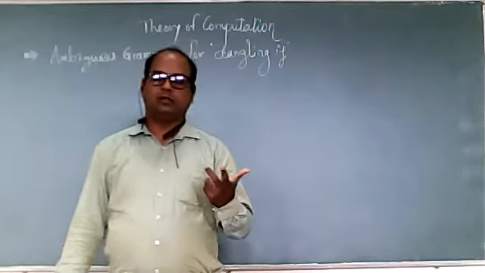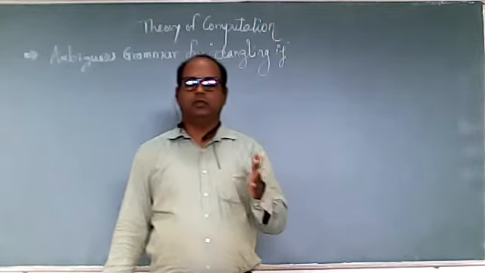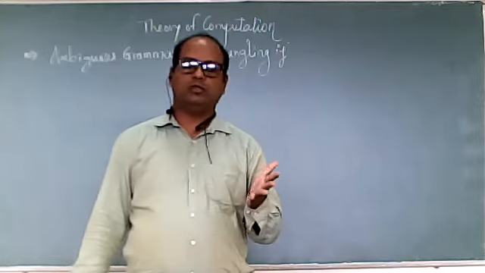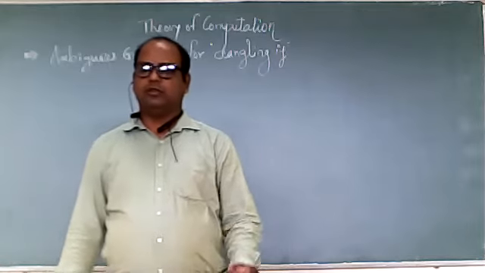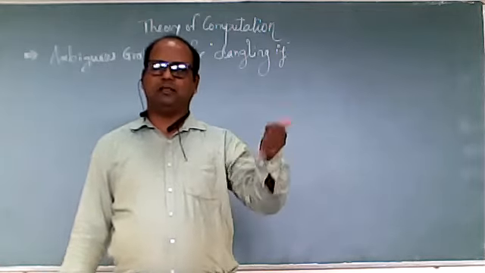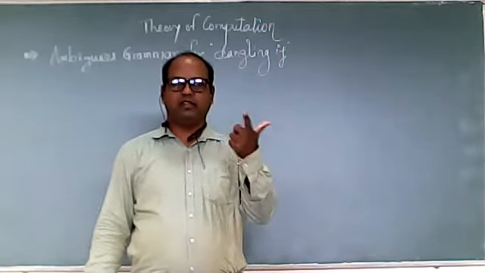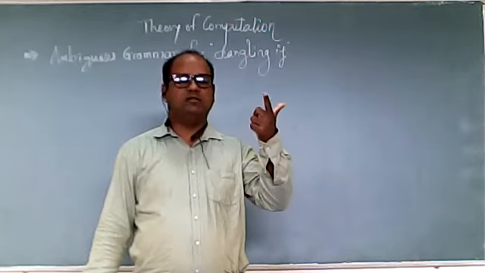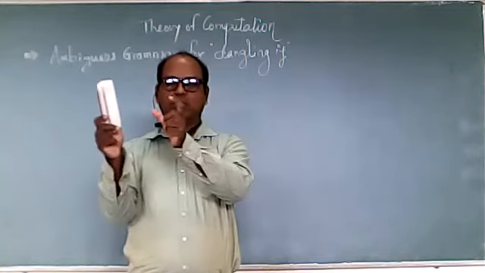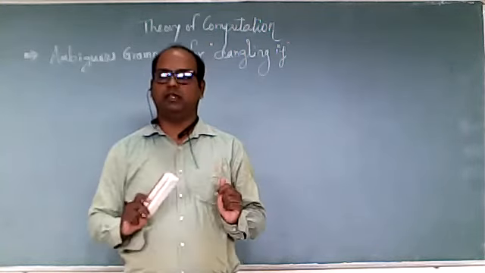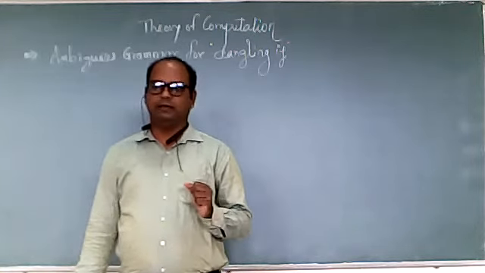So we'll try to resolve the ambiguity. Last session we have seen one problem and how to remove the ambiguity. So how to remove the ambiguity? As we know, there is no such standard way to remove the ambiguity. So what we are doing is simply adding some new variables to reduce the ambiguity. Wherever we find that the production will become ambiguous, we introduce a new variable there, and the next production of that variable will be assigned to the new variable. So that simple method we are adopting to remove the ambiguity.